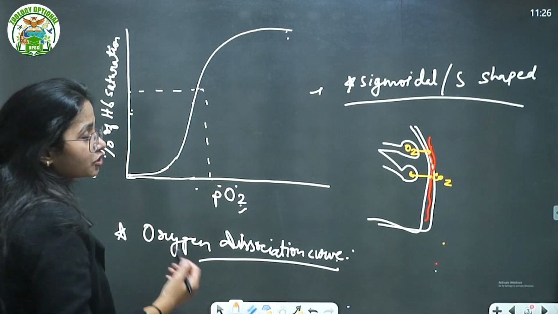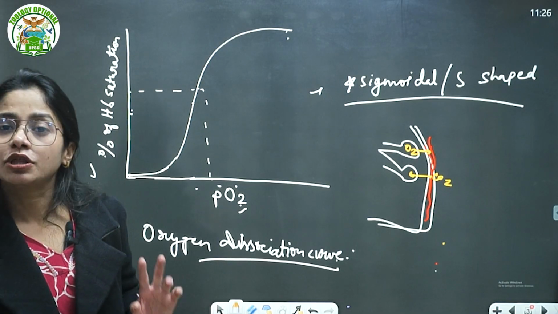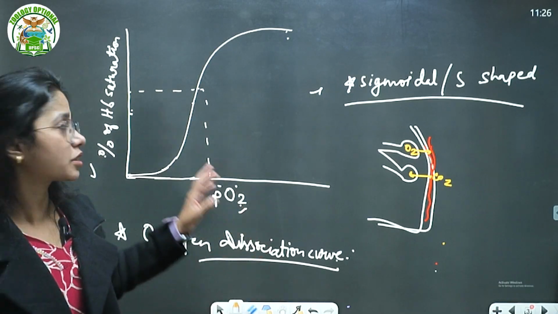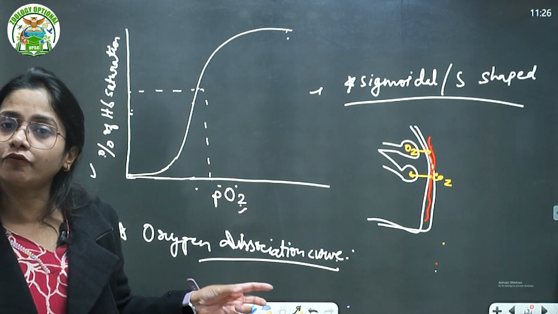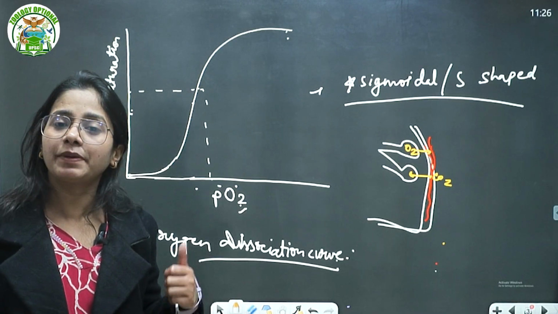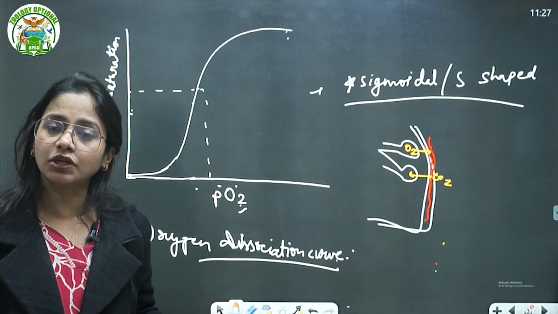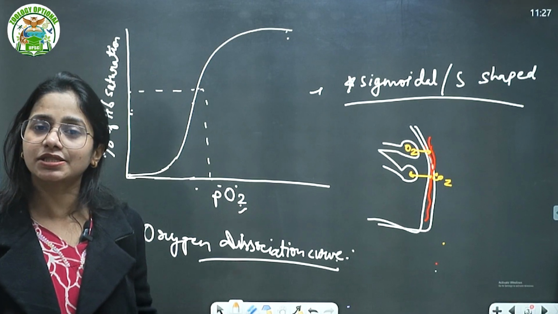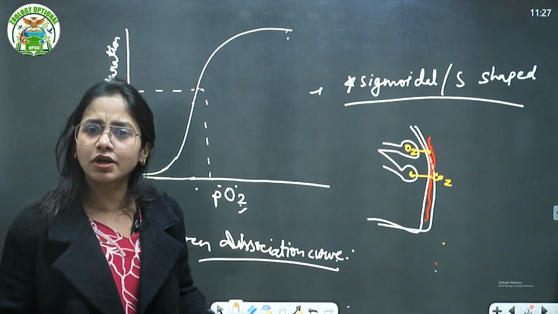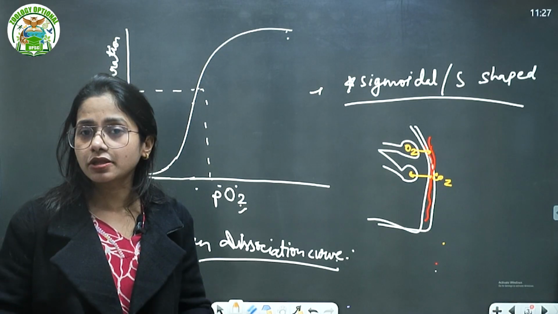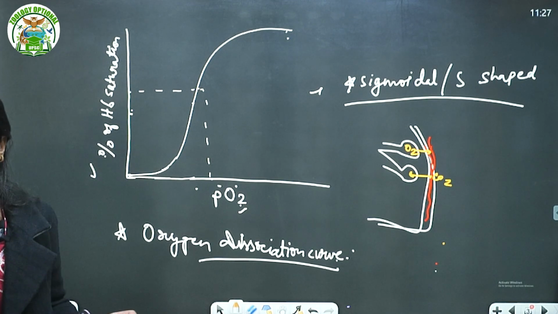Okay. So when we talk about the oxygen dissociation curve, or if this question comes in your UPSC PYQs, what I have explained here is based on what is needed to understand that concept. We have discussed the basic hemoglobin structure, where the heme is present, where the alpha and beta chains are. Then in one heme, 4 molecules of oxygen are binding, so one hemoglobin binds with 16 molecules. We have also talked about hemoglobin concentration, T state, R state, then PO2 and PCO2. Of course, this can be elaborated much more. I'm not saying this is everything, but this is what you need to know about the oxygen dissociation curve.